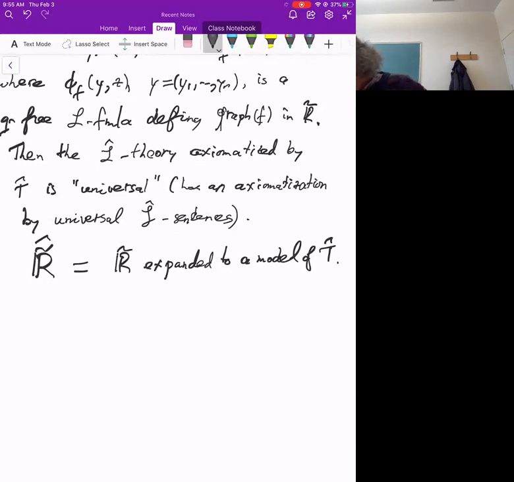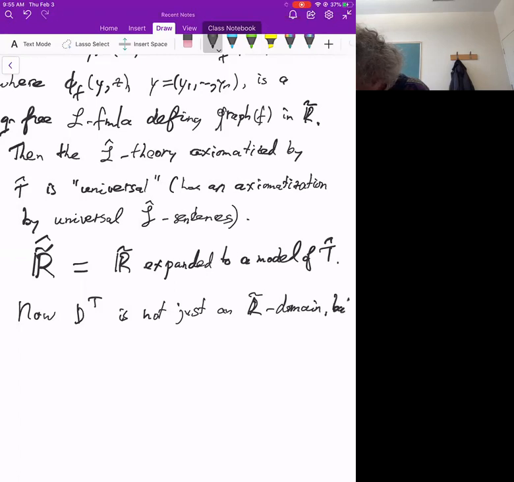Okay, and now, if you think about it, you will see that D tilde is not just an R tilde domain,